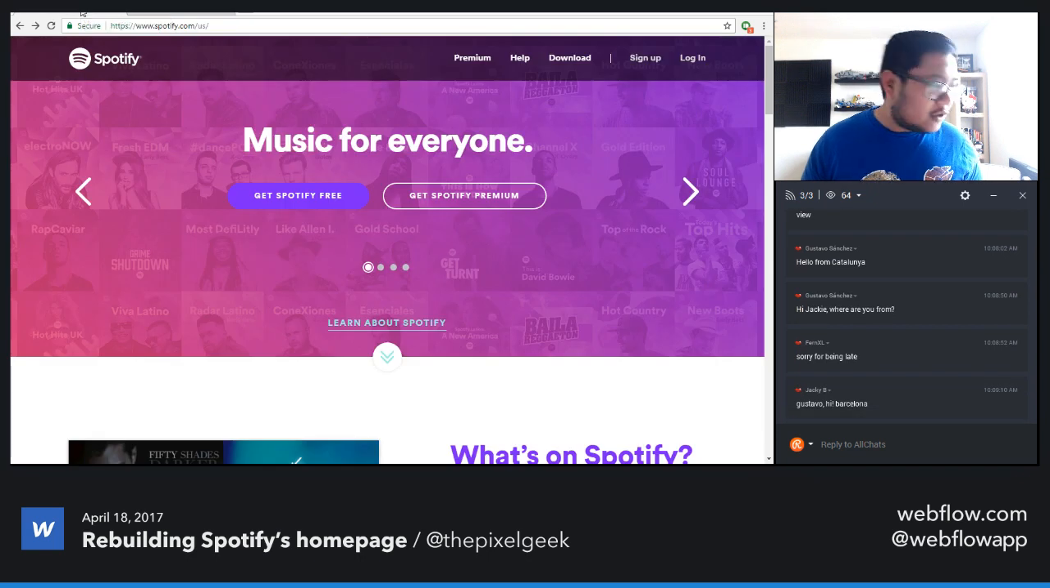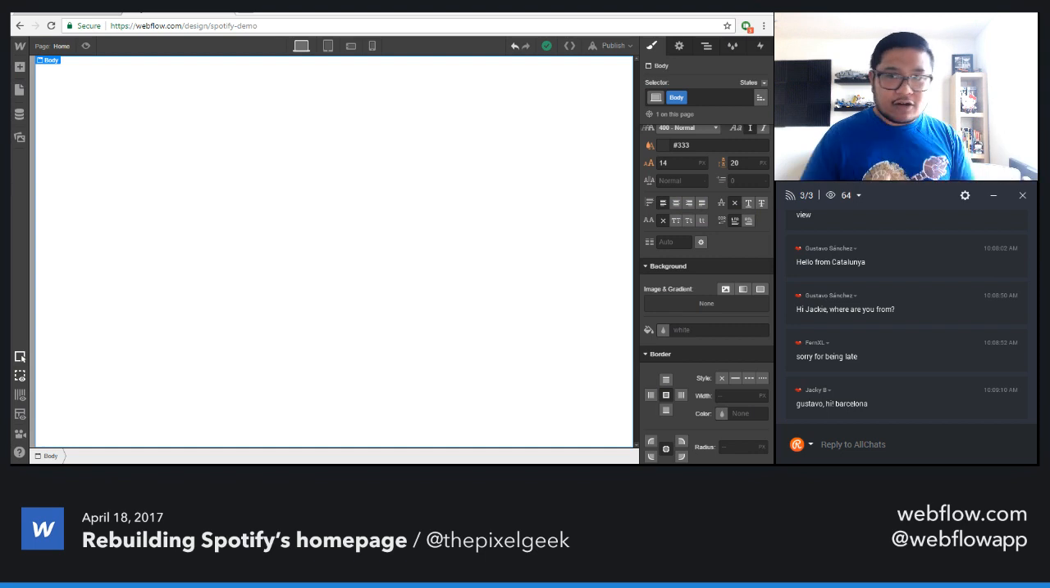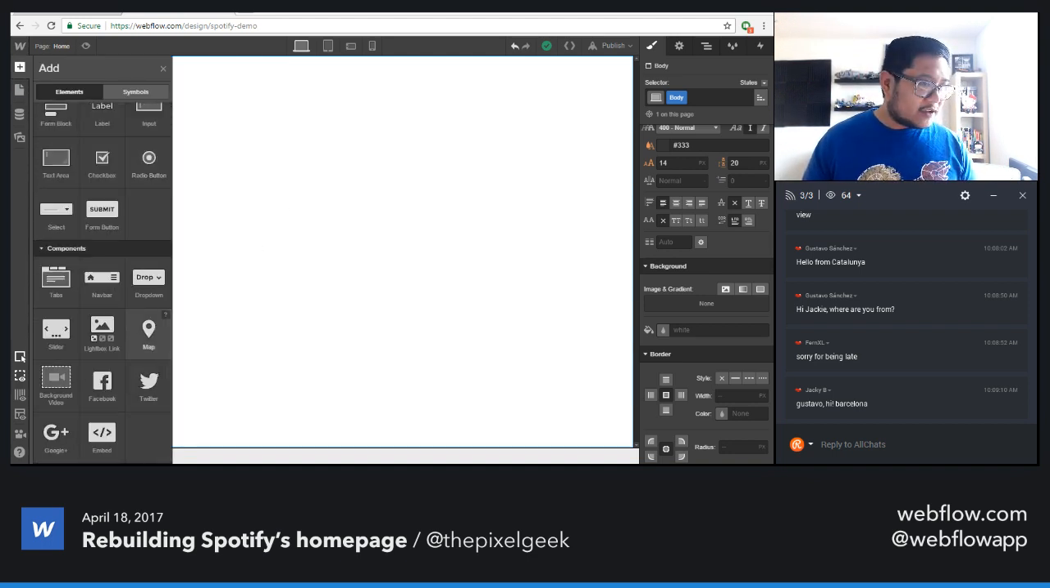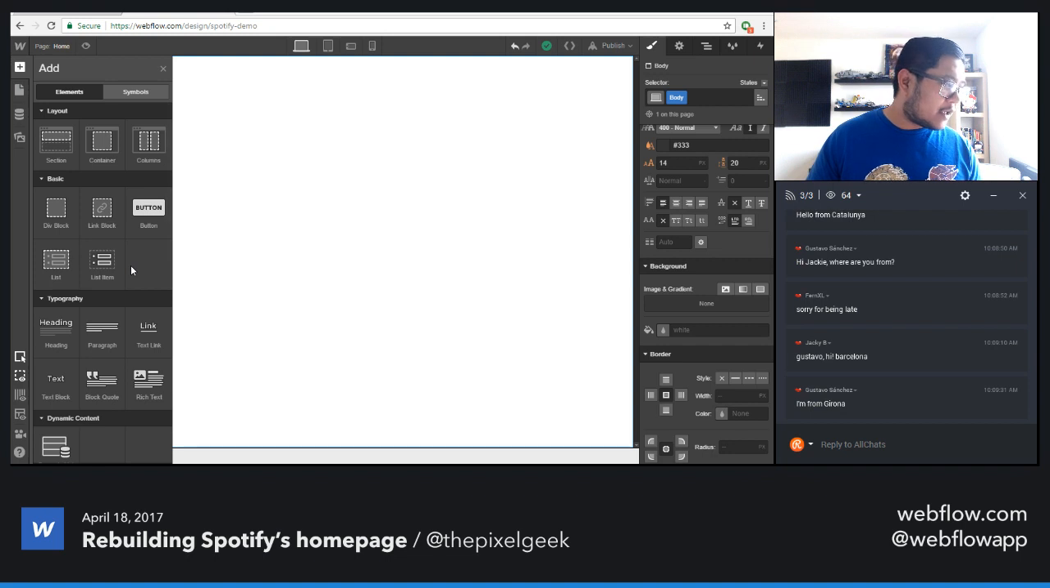So I'm gonna be looking at my screen on this side. Let me bring it back up. Spotify.com. So I'm looking at my laptop right here with the actual site as I rebuild it here on Webflow. So I have a blank page. Let's go to work. First thing I want to do is start off with our hero row first, because